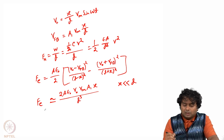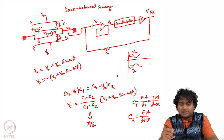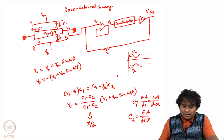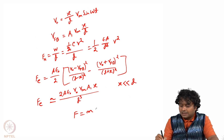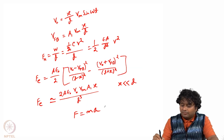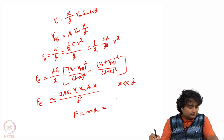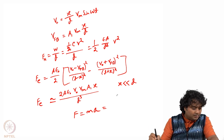Now this sensor, the accelerometer, has been kept on some body which is actually accelerating, and because of that this force has been applied. So if the body is accelerating with an acceleration, let us say small a, then the actual force applied is mass into acceleration, where m is the mass of the sensor, of this central mass. So the force is ma, and this force equals the electrostatic force, because only this amount of force is able to move the proof mass to its top position or bottom position. So ma is equal to